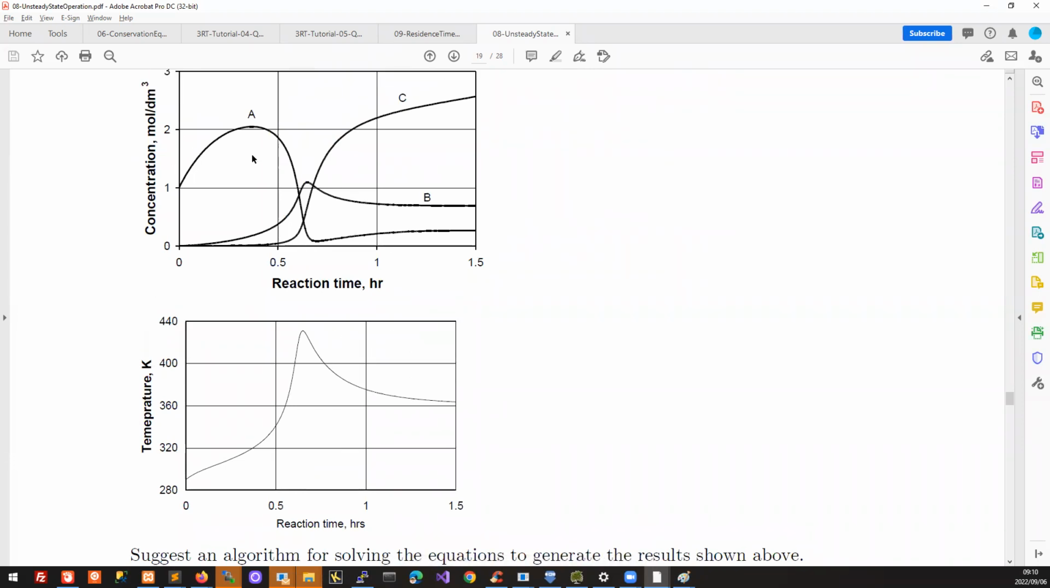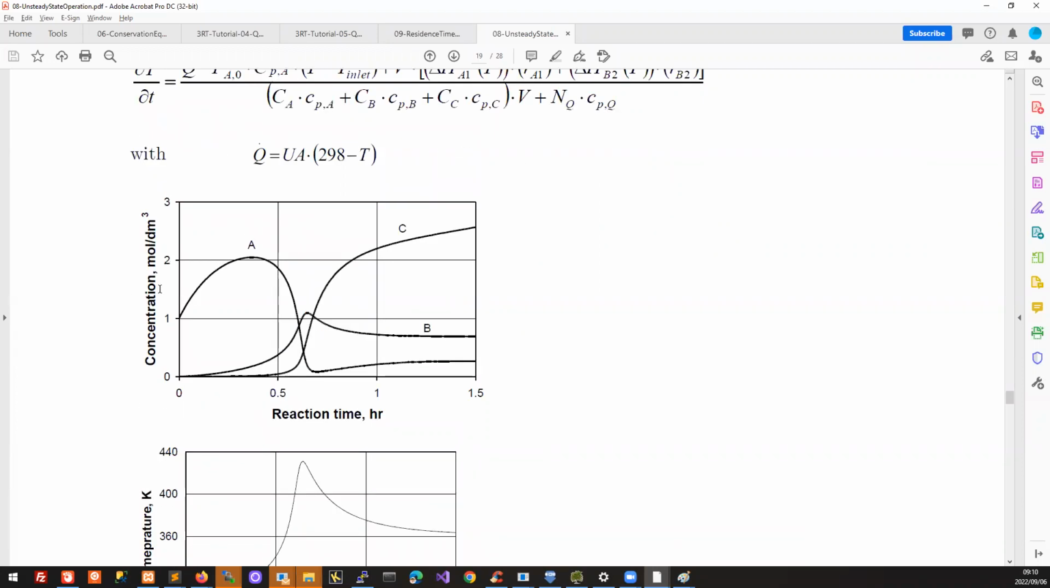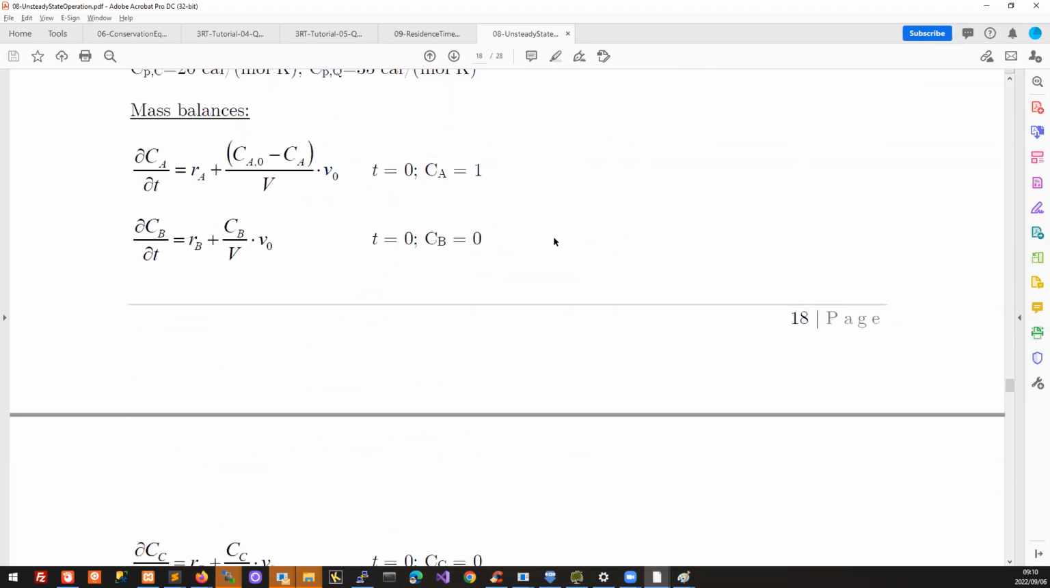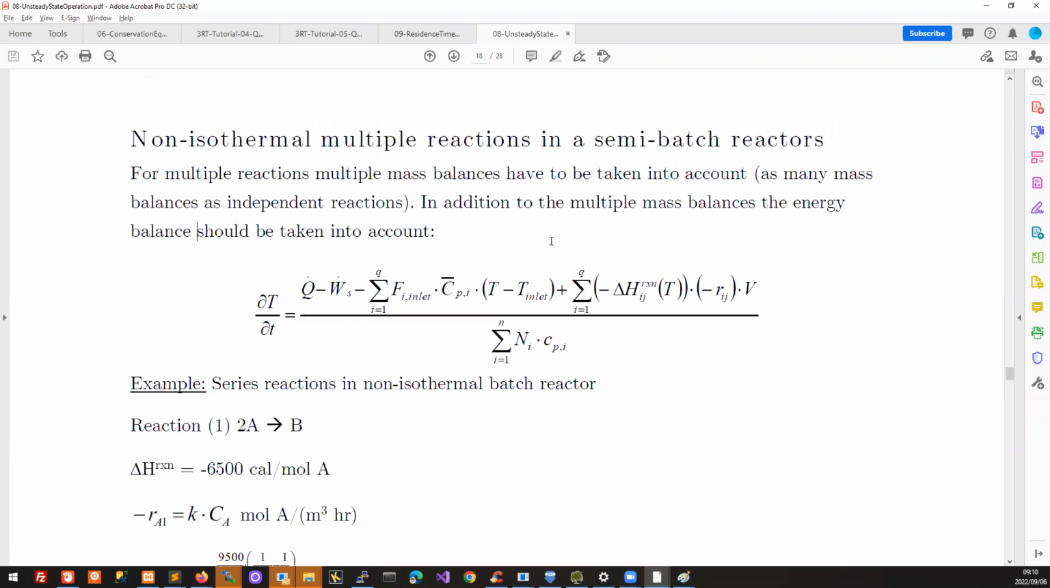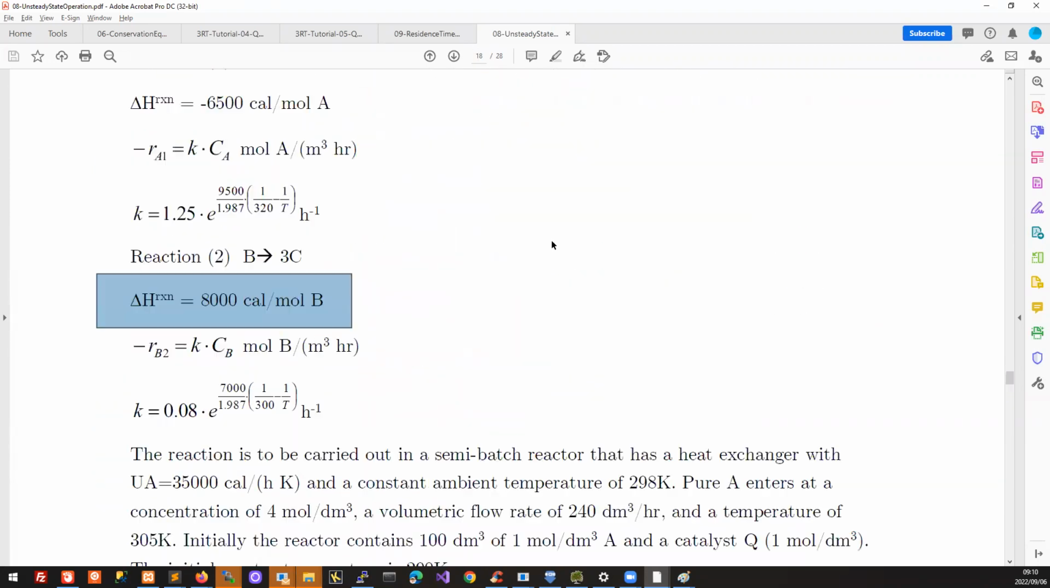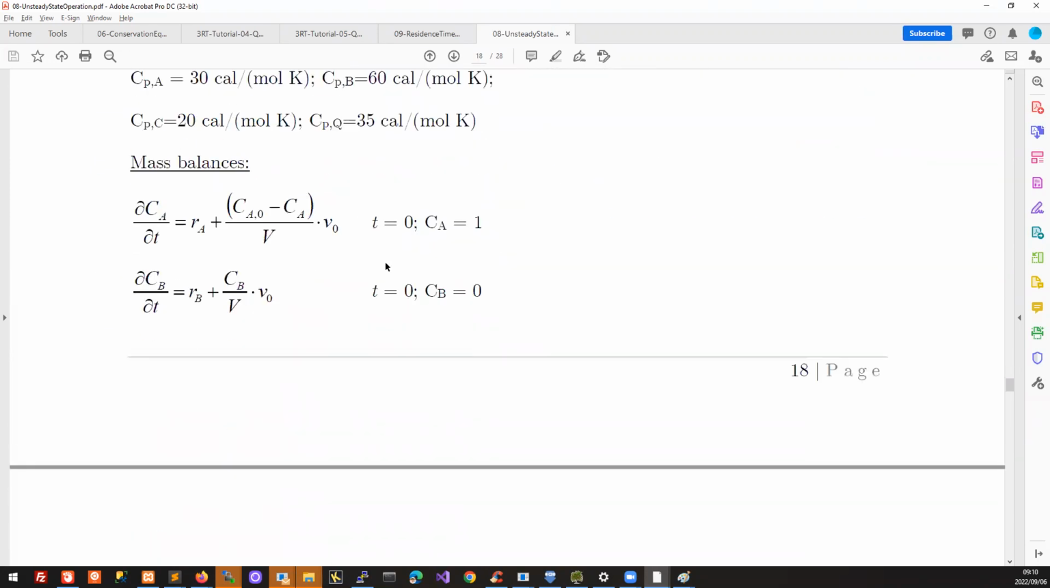So in the first case, we've got a semi-batch reactor, by the way, I forgot to say that. So this is a semi-batch reactor case where we are feeding A into the reactor as well. So in the semi-batch case,